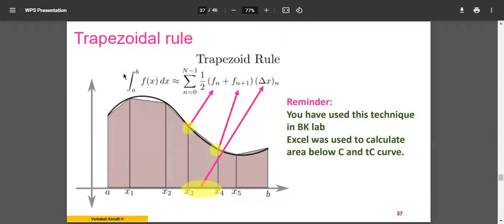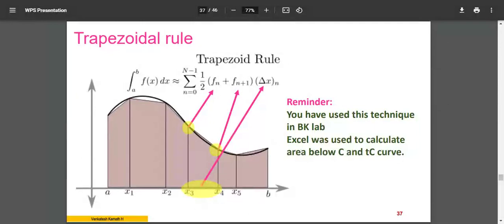So if I want to calculate the numerical value for this integral, given a curve, remember a curve is given. If the equation is given, you can easily do it. You have the analytical methods. For example, integral of x squared dx. You know the method, right? You will write x cubed by 3, substitute the b and a values, and calculate. But in this case, you have numerical values. This f of x is not available in the form of an equation. It is available to you in the form of data values.